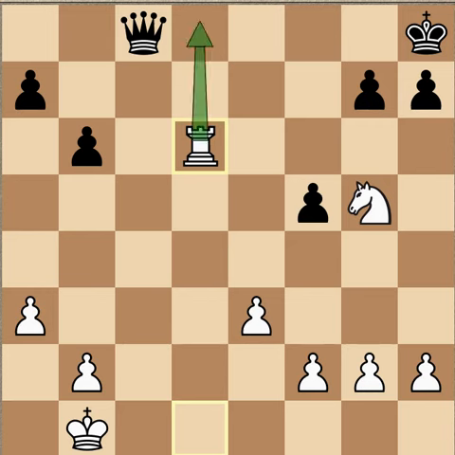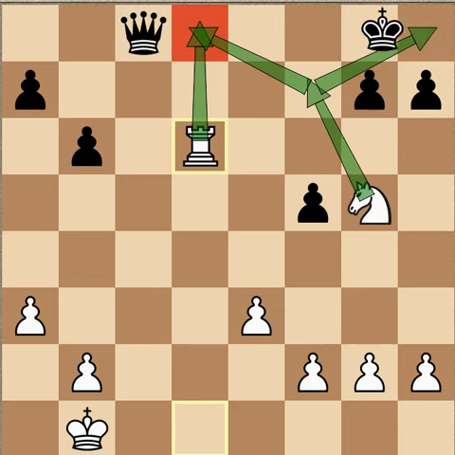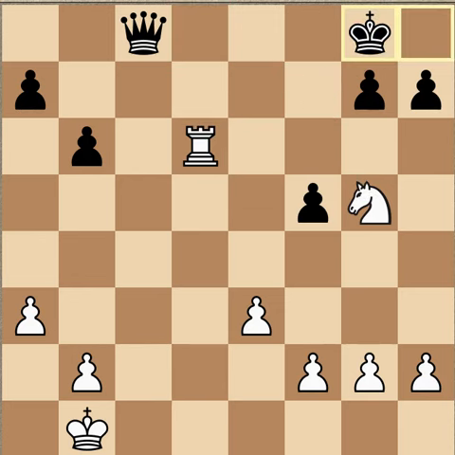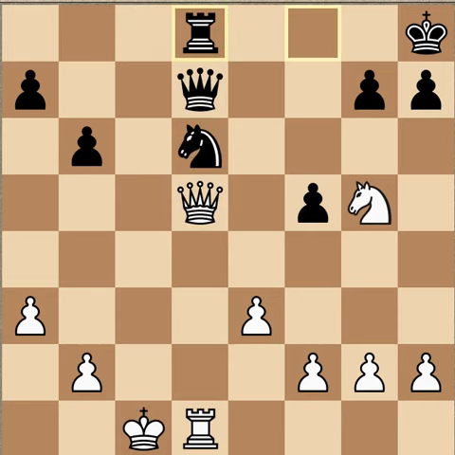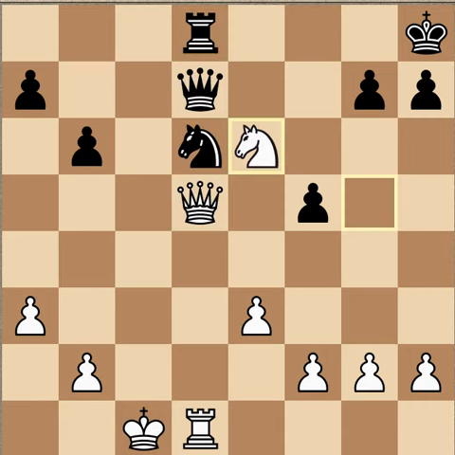And again, the threat is rook d8 check, followed by knight f7 with the fork. So therefore, just king g8. And then black is the one in control. Just like that. So the lesson to be learned from that is you got to be careful, especially when you're winning. Don't relax.